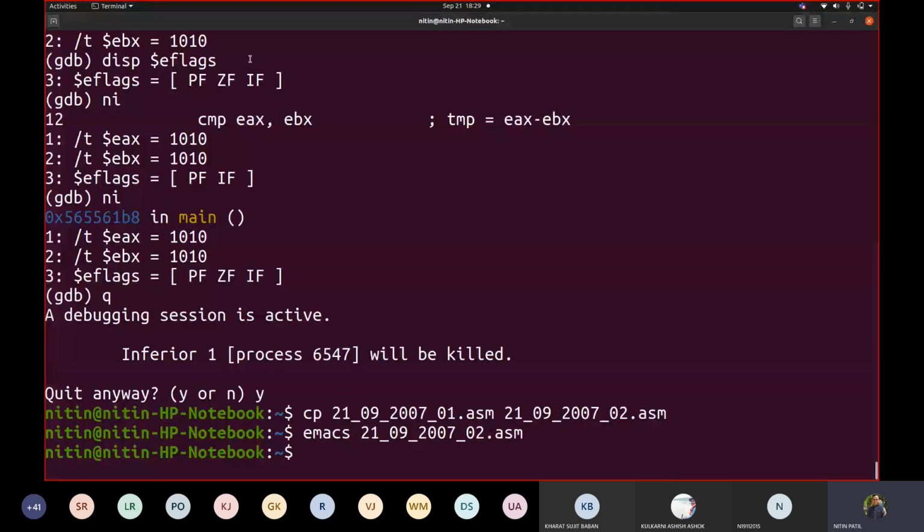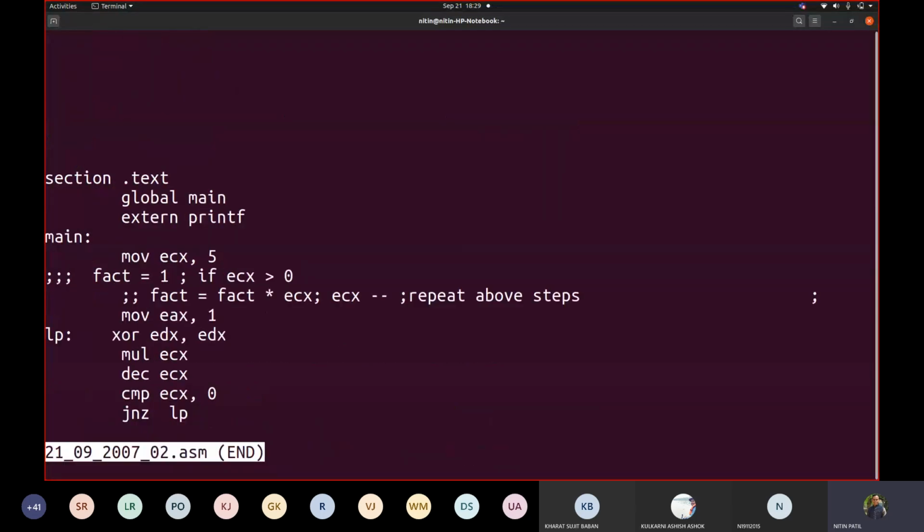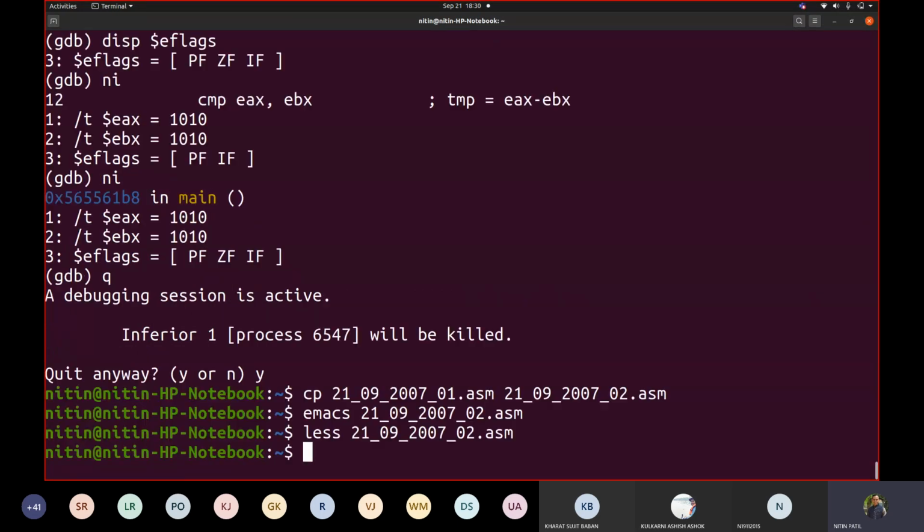Let us see what the code is and whether it contains some errors. So this is the code that you have. EAX contains 1, ECX contains 5, and then we are multiplying. Fine.